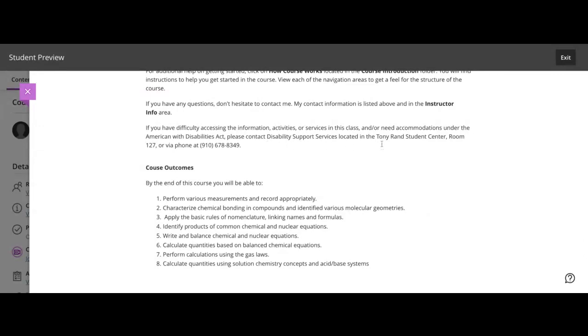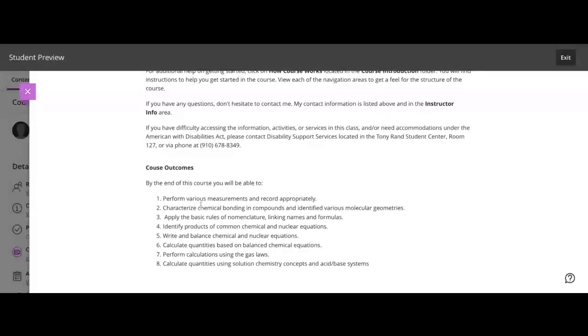They are located in Tony Rand Student Center in room 127, or you have the telephone number here as 910-678-8349 if you need to contact them.